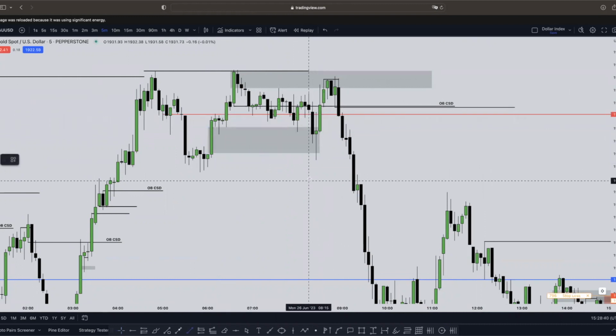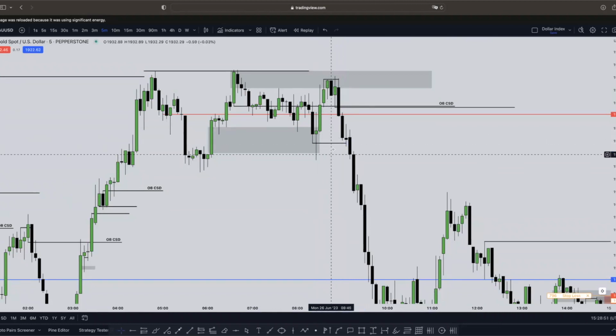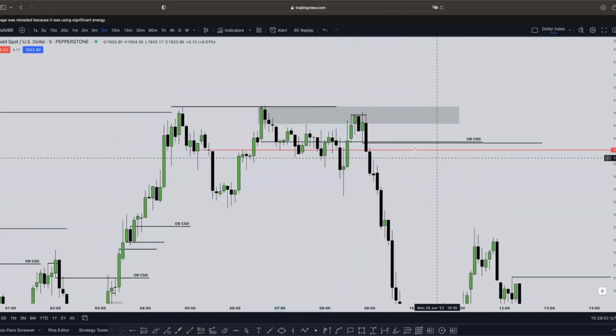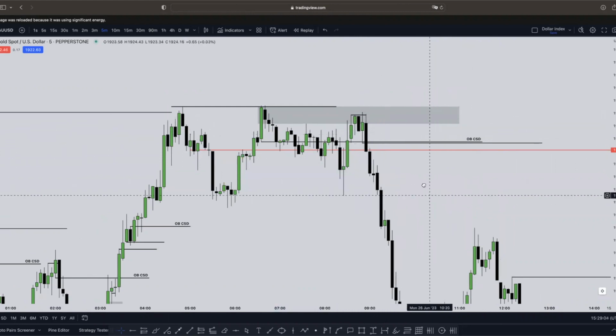When you invert it, when price closes through its closing price there, that can be used as an inverted level. But that's not our focus. That's a much more advanced teaching. But OB CSD,